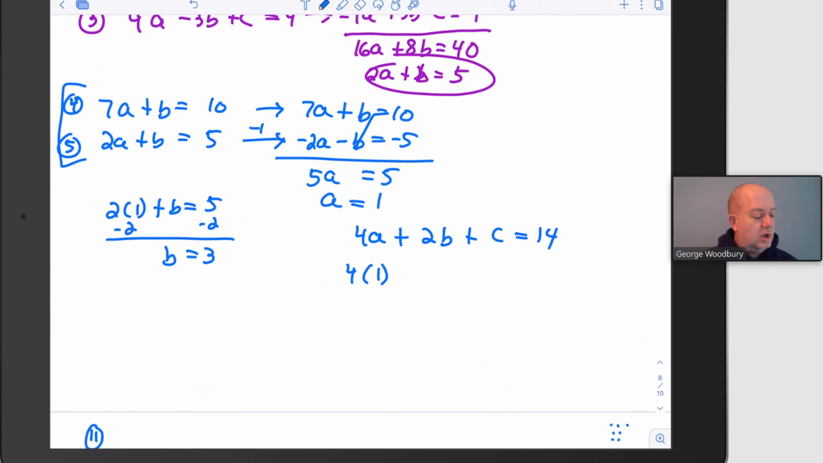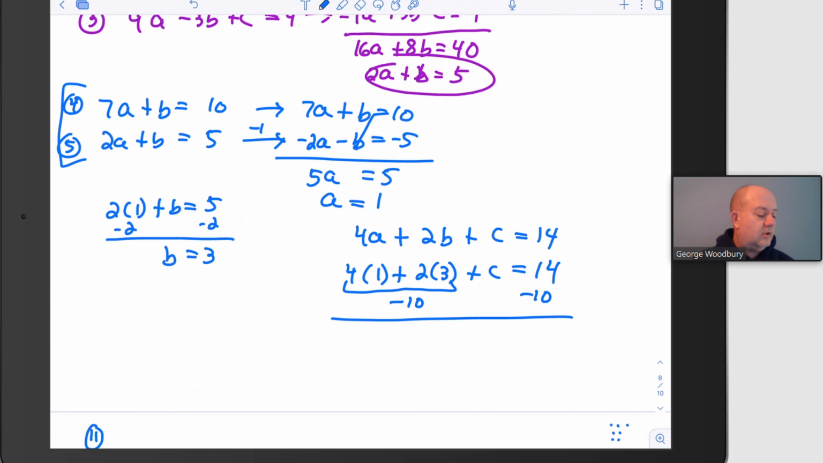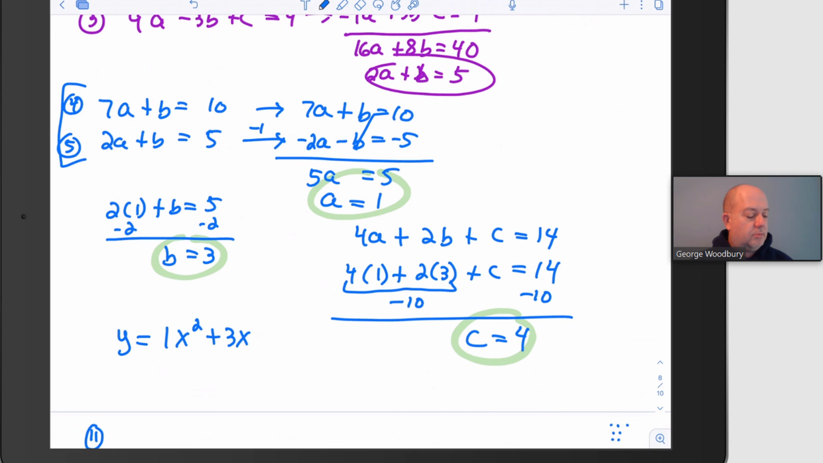I know that a is 1. I know that b is 3. 4 times 1 is 4. 2 times 3 is 6. Together, they add up to be 10. So if I subtract 10 from both sides of the equation, I get c equals 4. So a equals 1, b equals 3, c equals 4. The equation is y equals 1x squared plus 3x plus 4. And we typically don't write that 1, so just x squared plus 3x plus 4 is the parabola that goes